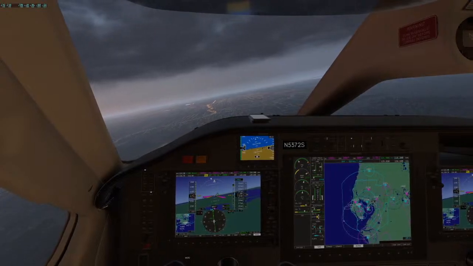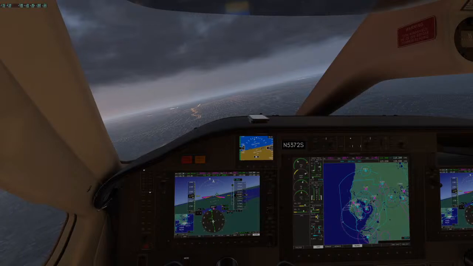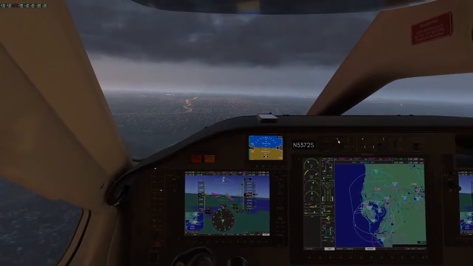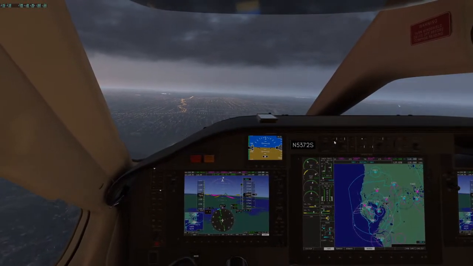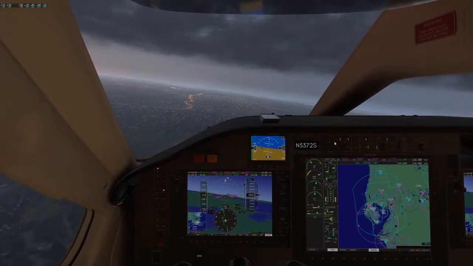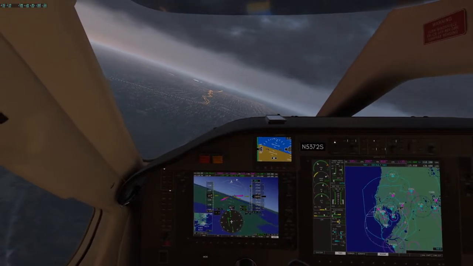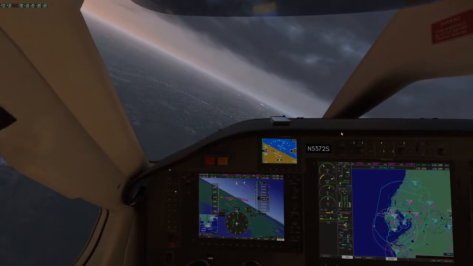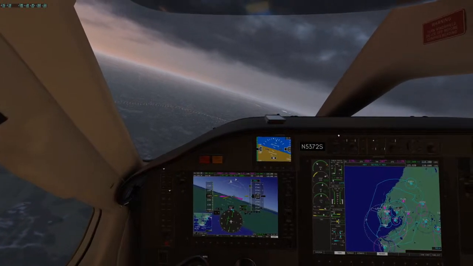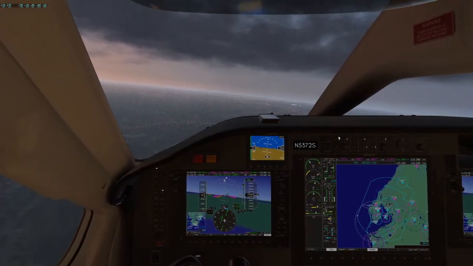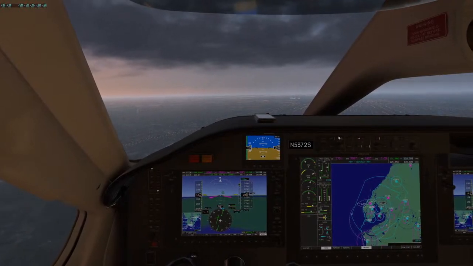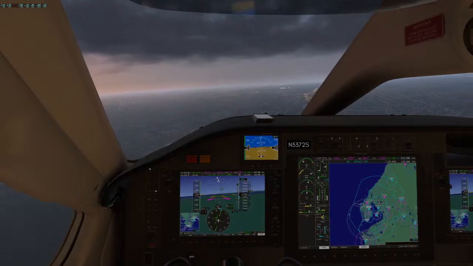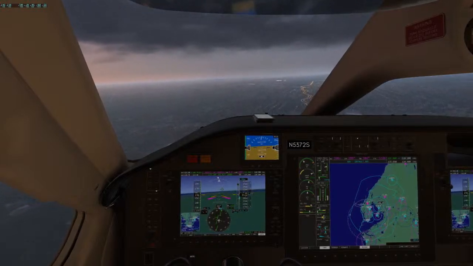There's my localizer. Where are you going? That's not what I wanted you to do. Let's disengage the approach and re-engage it. There we go. So I'm going to put my first notch of flaps down. Yeah, I mean, if you were getting vectored to here or there, I used to do that with the